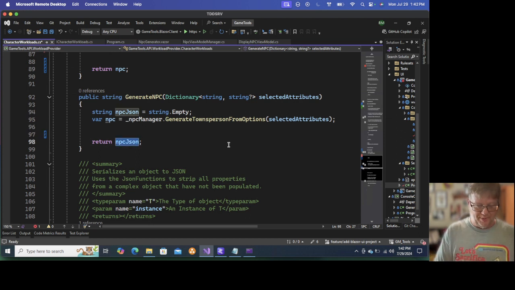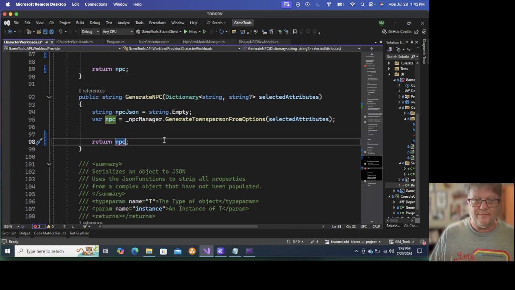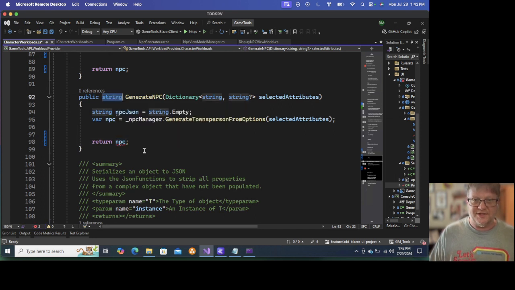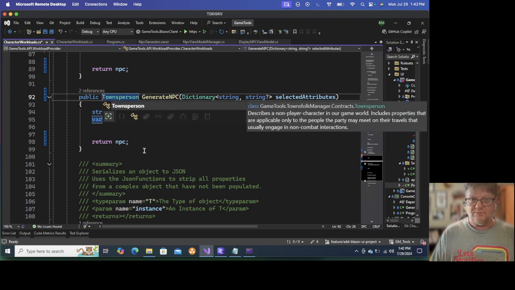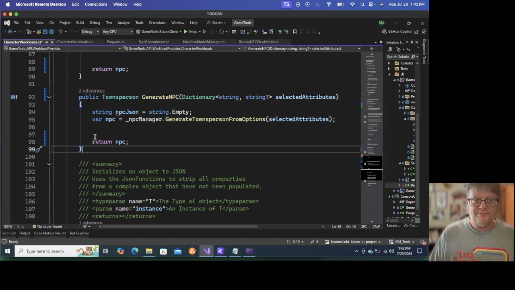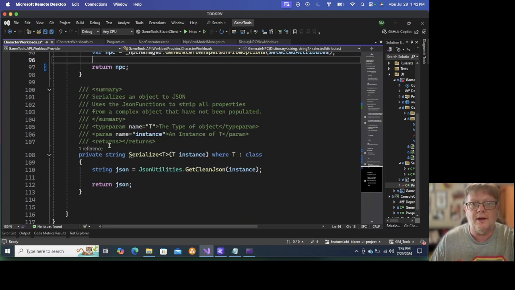And we're going to pass NPC. Because this needs to become Townsperson. Good. We can get rid of some of these blank lines. And I am going to need to